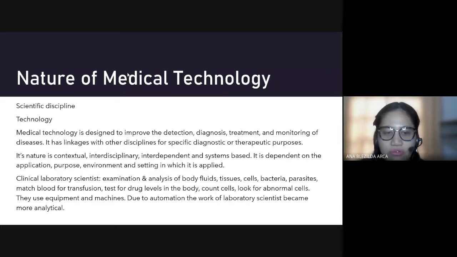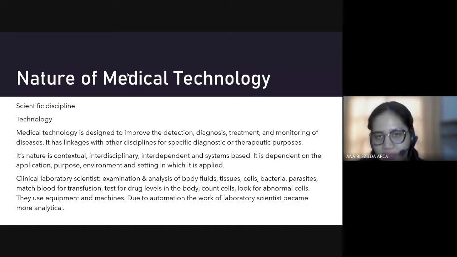And then, we are also very skilled and competent in using equipment and machines because nowadays, the trend in the laboratory is automation. So, hindi na tulad nung unang panahon, ng mga panahon ng mga, siguro mga 80s or 90s na meron pa rin mga manual procedure na ginagawa. Pero ngayon kasi, kung magtatrabaho ka sa mga laboratory, napakasarap ng buhay mo, napakagaan ng trabaho ng medtech kasi all